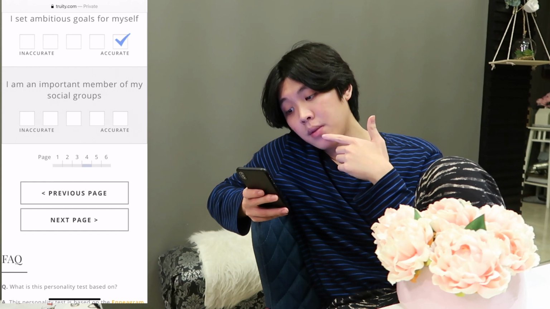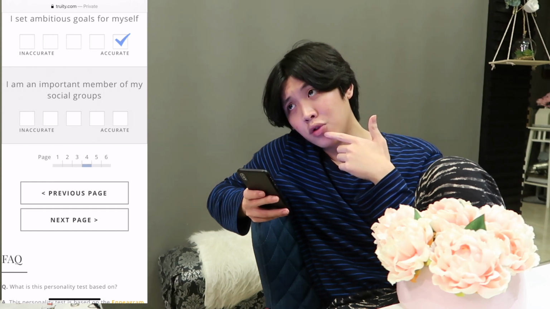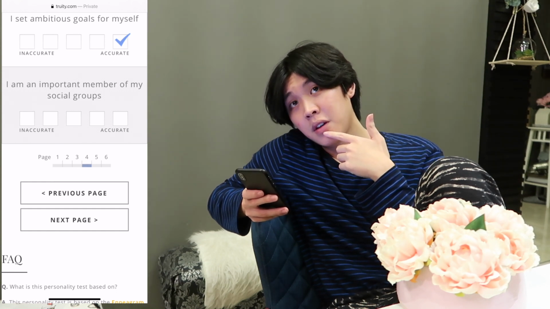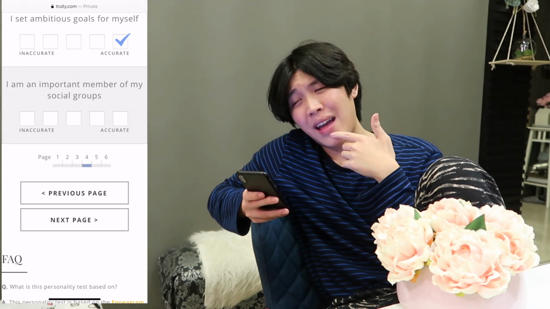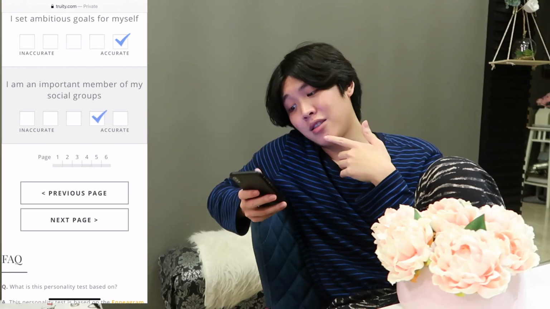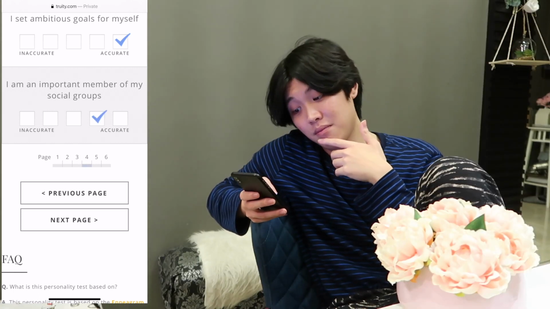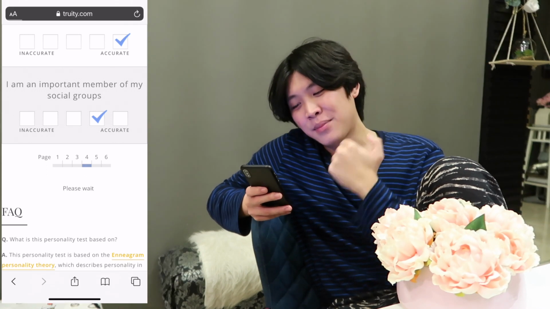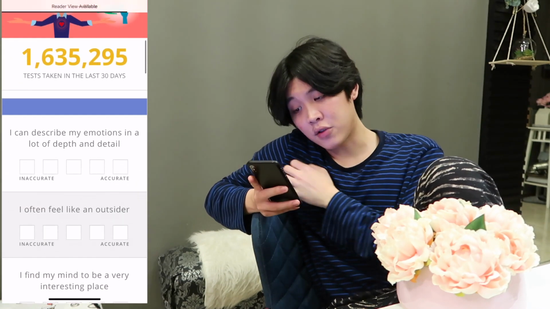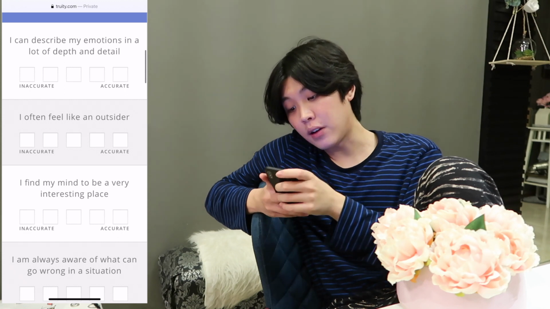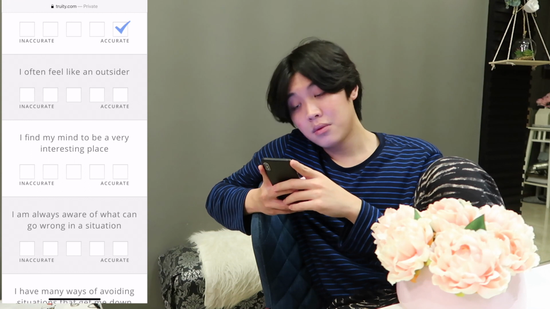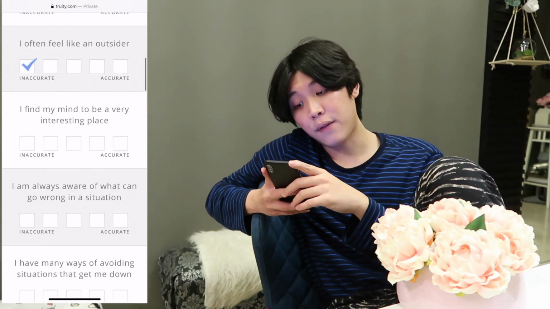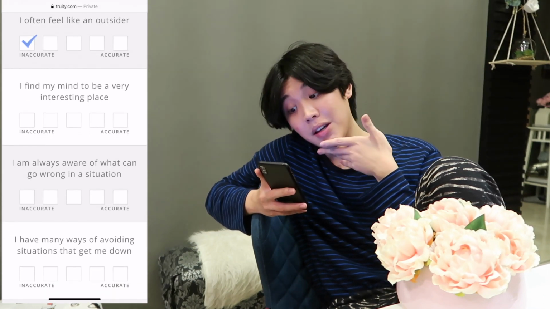I am an important member of my social groups. I guess this is not for me to judge, but I guess your boy ain't got any friends. But I guess pretty important. We're gonna be done, just a little bit more. I can describe my emotions in a lot of depth and detail, 150%. I often feel like an outsider. Not really, nope. I find my mind to be a very interesting place,